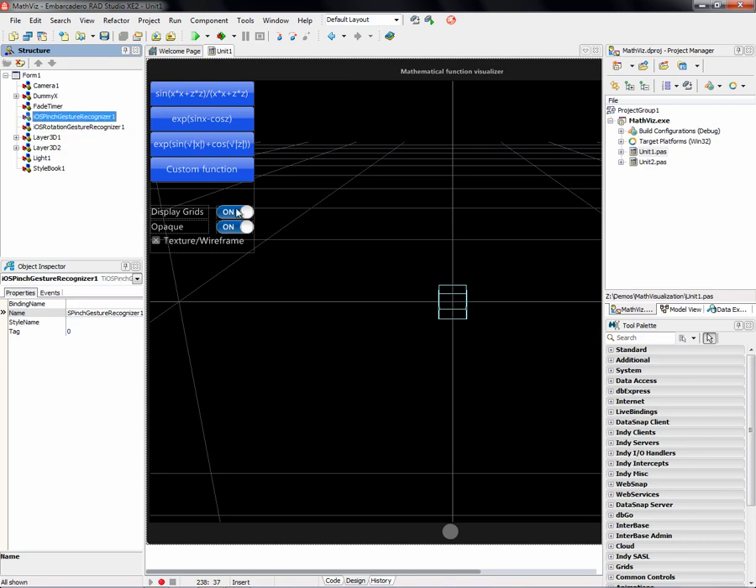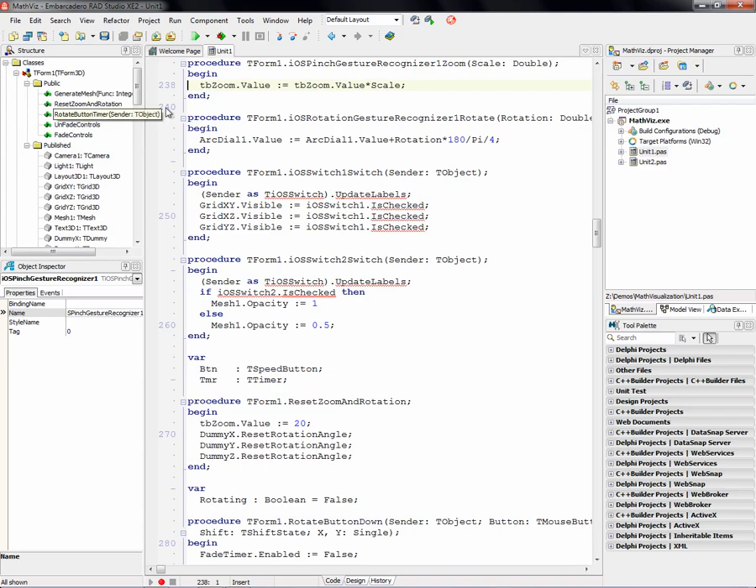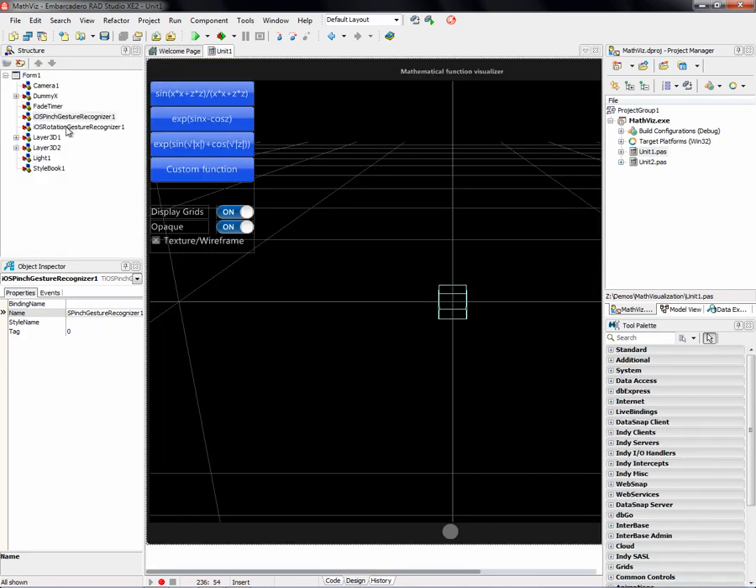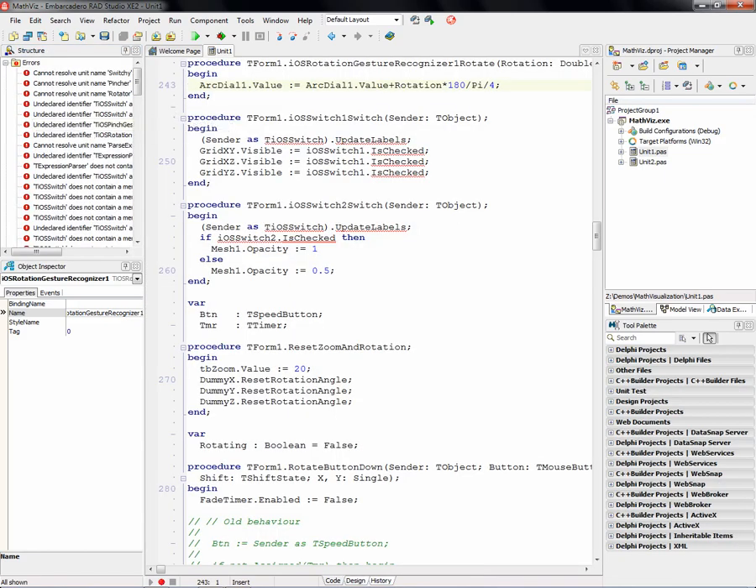added the T switch here, so you can have on and off states. But the pinch gesture recognizer, just like I mentioned earlier, what I do is I get the scale, and I simply set the zoom value to the scale, multiplied by the value. Likewise, when I rotate, when I get a rotation gesture, I simply change, in this case, an arc dial, which I already had